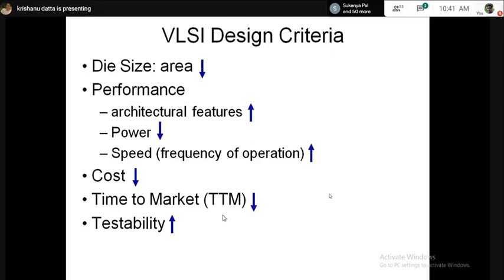When you are handling billions of transistors in one microchip and you have to make the product in 6 months to 1 year, it is impossible to do manually. So that is the importance of automation and algorithms. And definitely testability. This means with a more complex microchip, you should be able to test it. So that's the last thing. So at a high level, you got it, right? These are the key parameters that we always look for in any microchip design. Any question?